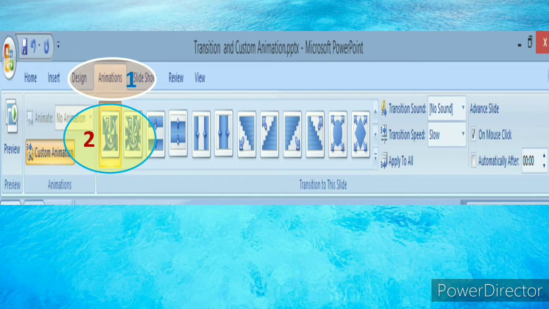Apart from that, on the right hand side, you can find lots of other effects. So you can choose any of the effects. There is also a drop down menu. If you click on that arrow available with it, you can find lots of other effects also. So whatever you have to choose, please click on the animation tab, step number 1. Then in step number 2, choose the effect.